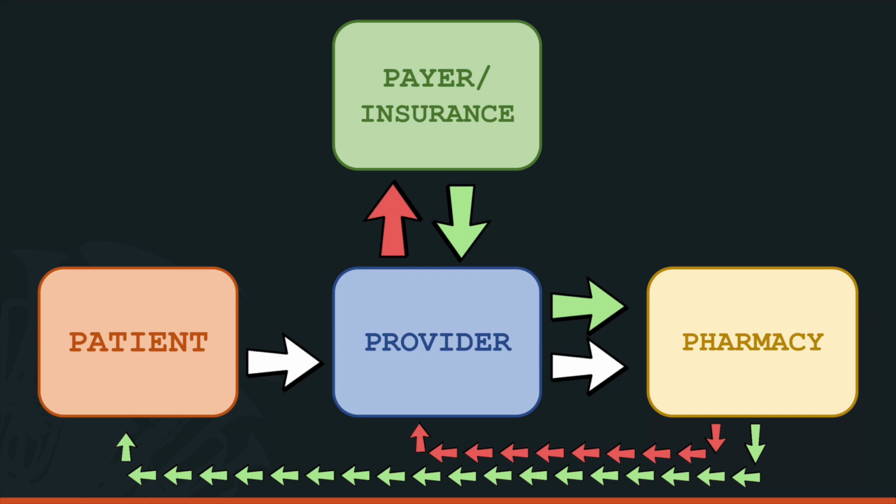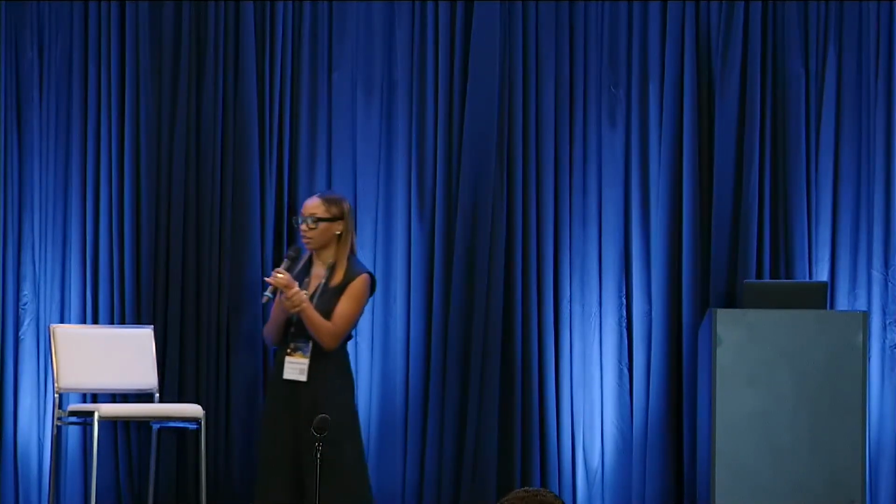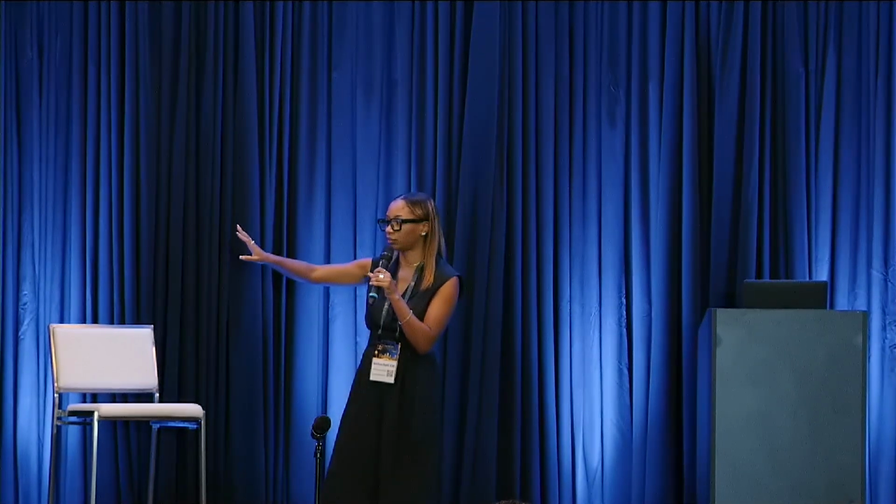So first, taking a look at this overview of our game board, we're going to address all of these arrows you see here on the screen. The white arrows you see are the journey of the patient when they visit their provider and then they visit their pharmacy. The red arrows you see are the rejection or the requirement of a prior authorization. And that's why you see that these red arrows start at the pharmacy first. The pharmacy notices that there's a requirement of the prior authorization. They send that notification to the provider. The provider sends in that clinical documentation, and then they send that off to the payer organization.